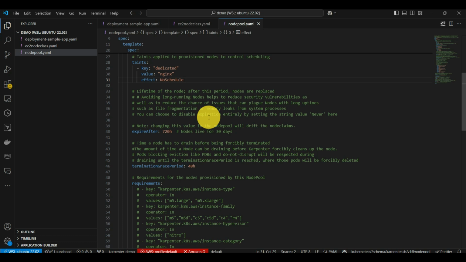Whatever time period you specify here, the nodes are replaced after that time. Now, there are many reasons for that. One is avoiding long running nodes. When it replaces, it will create with whatever AMI you specify, or if you don't specify an AMI, it will just go and fetch the latest AMI. That will help to reduce the security vulnerabilities,